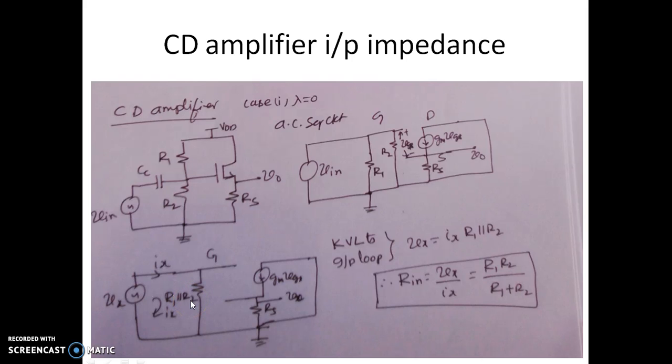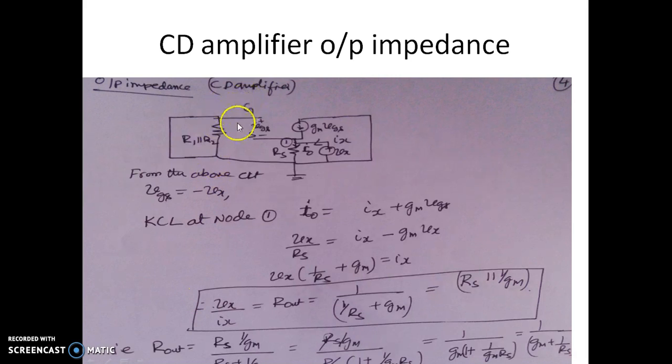So let us see how we find the output impedance of the CD amplifier. To find the output impedance, we short the input voltage. I can say the input voltage is shorted here, and a dummy source of Vx is applied at the load here. And this is the Vx. The ratio of Vx by Ix happens to be